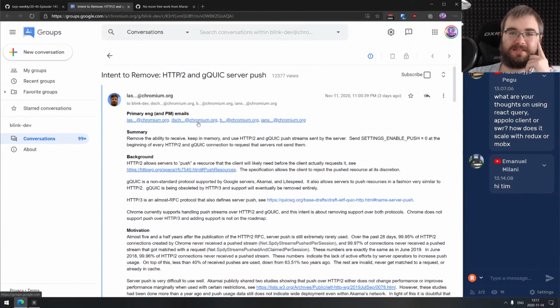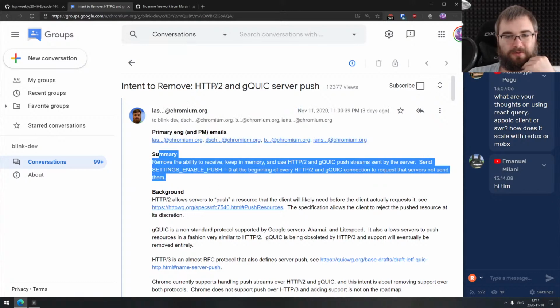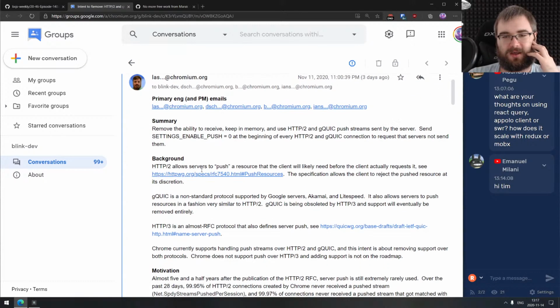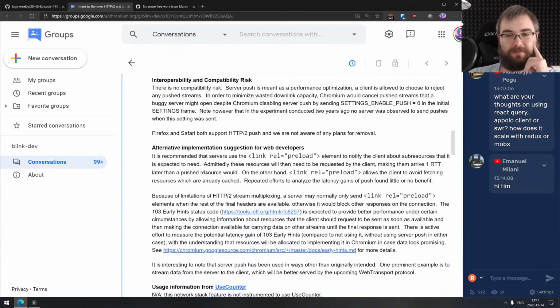Right, next thing we got here is "Intent to Remove" from the Blink developers: HTTP2 and gQUIC server push. So Blink is probably gonna remove the server push ability from HTTP2 and gQUIC protocols, which is quite interesting, because a lot of people were saying that server push is basically gonna replace the need for WebSockets and everything, and blah, blah, blah. But apparently, there's a pretty big write-up here from the Blink team,